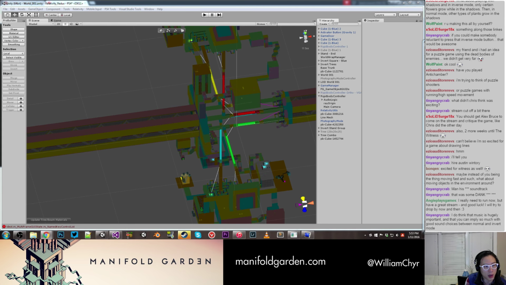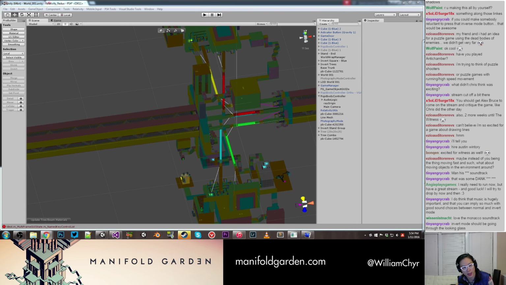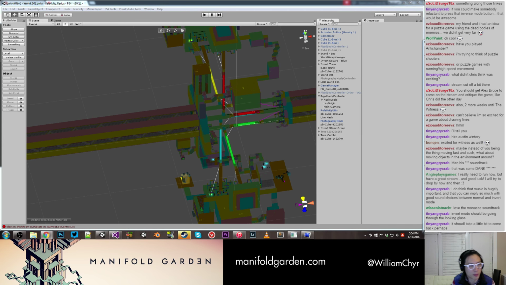What I want is when you are in normal mode, you already have to be planning ahead for invert mode, right? I don't want you to go to invert mode, try this, doesn't work, come back to normal mode, do this, go back to invert mode, try that, come back. I want sort of this duality in your head already. So that's the other challenge, right? Invert mode should very much be its own thing, but what you do in normal mode has to affect it. It should feel like going through the looking glass. It should be like a massive...